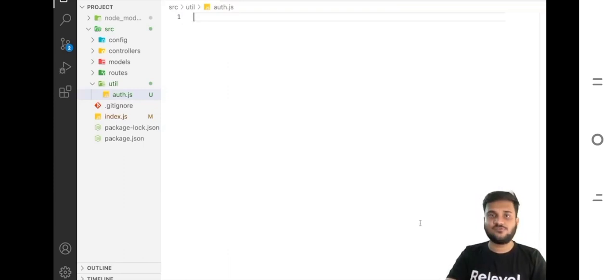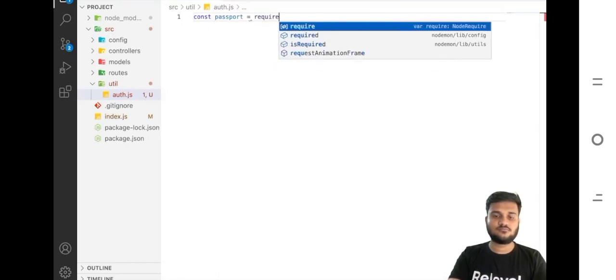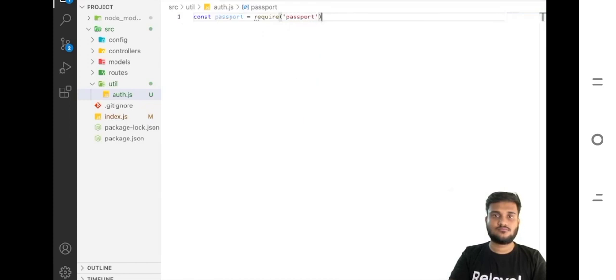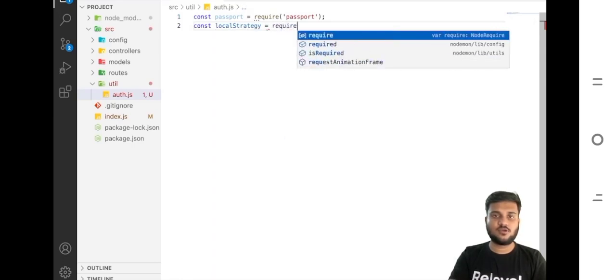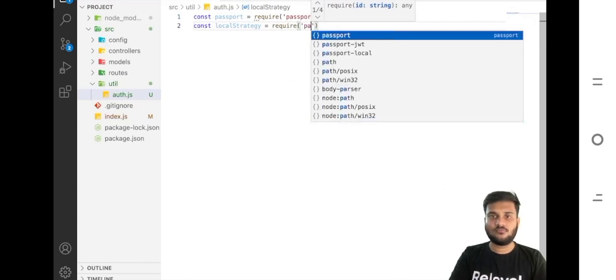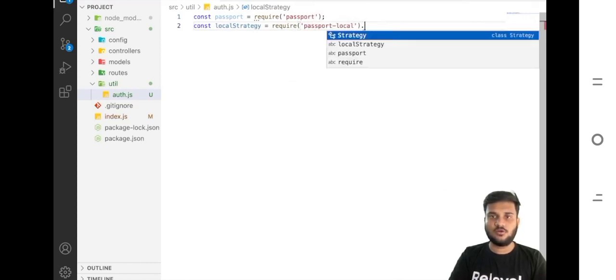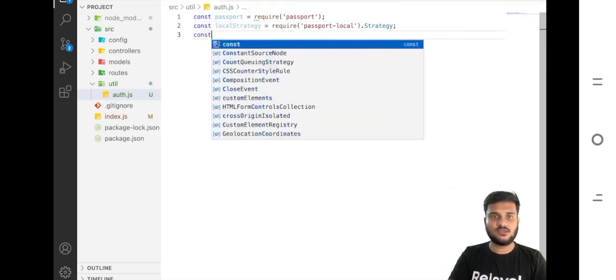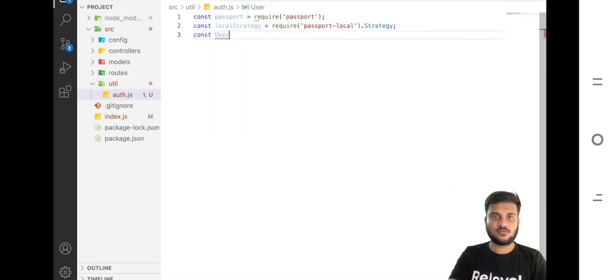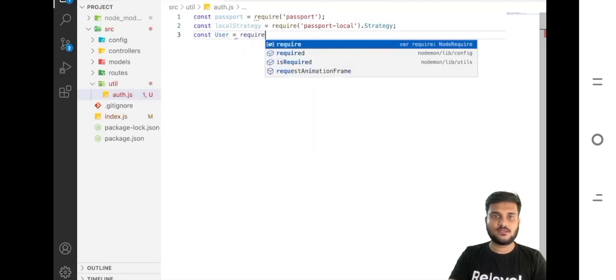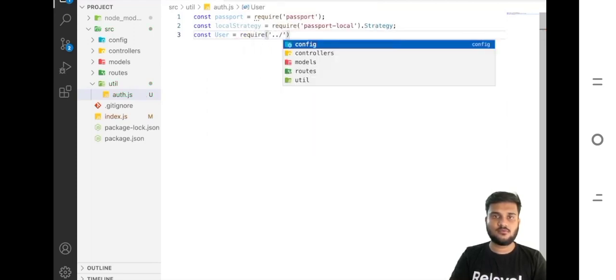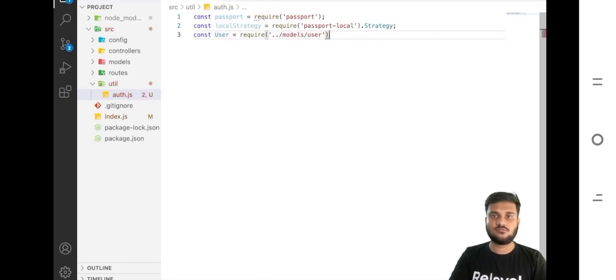Okay, cool. So first of all, let's import Passport. Then we will import local strategy is equals to require passport-local dot Strategy, and then we'll need a user model, or just user we can say, is require models. Okay, now